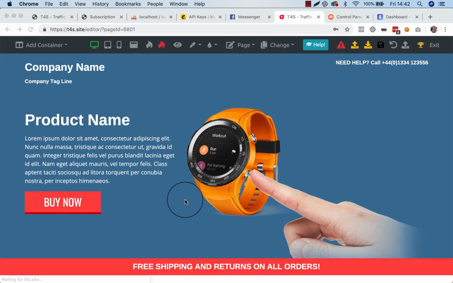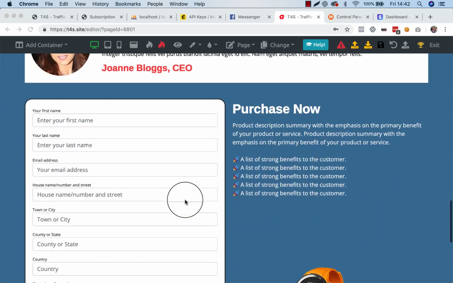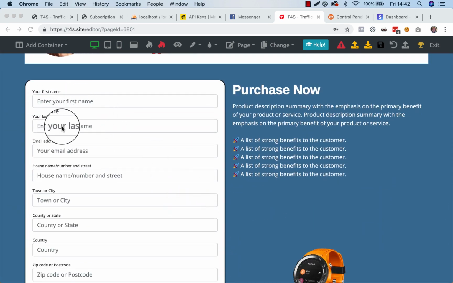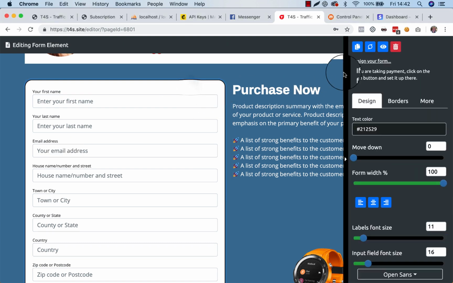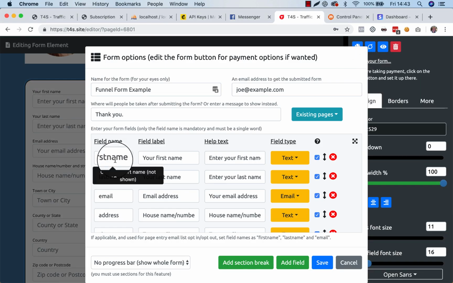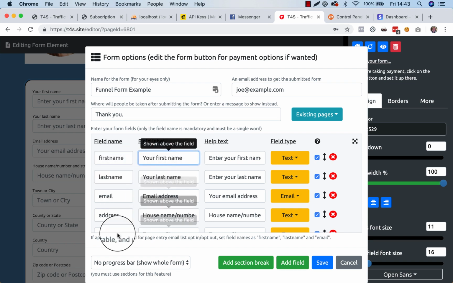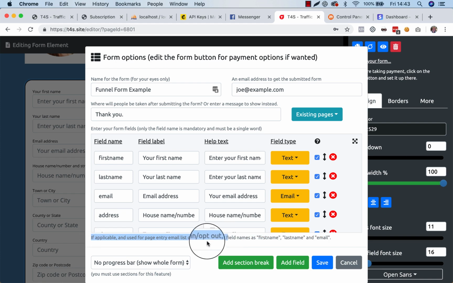Now what I've done here, using the default form, I've got first name, last name and email address. If I look at the form setup, first name here, last name and email, and this is the important sentence here. If applicable and use of page entry email list opt-in opt-out, set field names as first name, last name and email. So they're very important in that field name column to have first name, last name, email, because what it